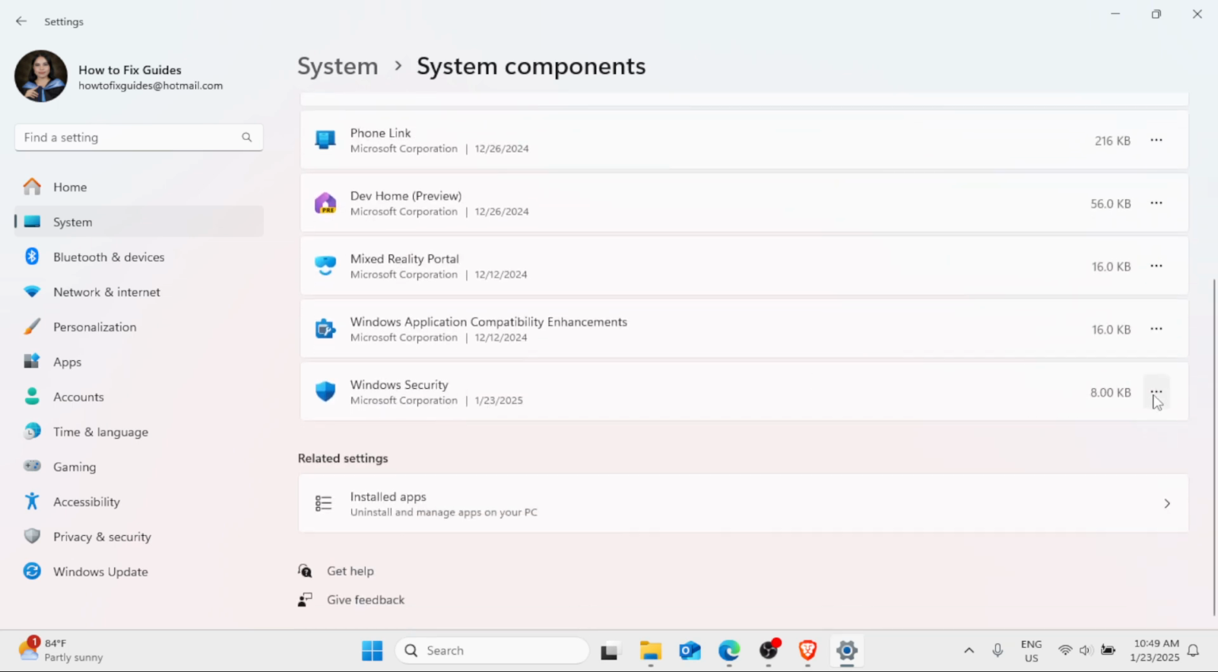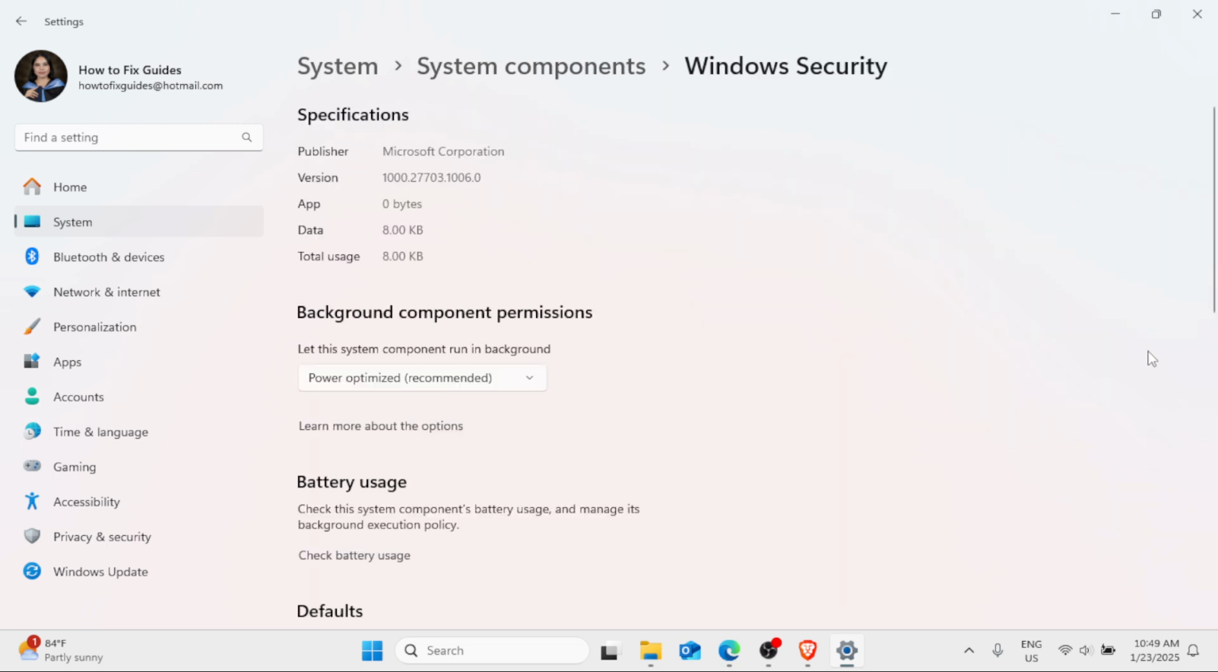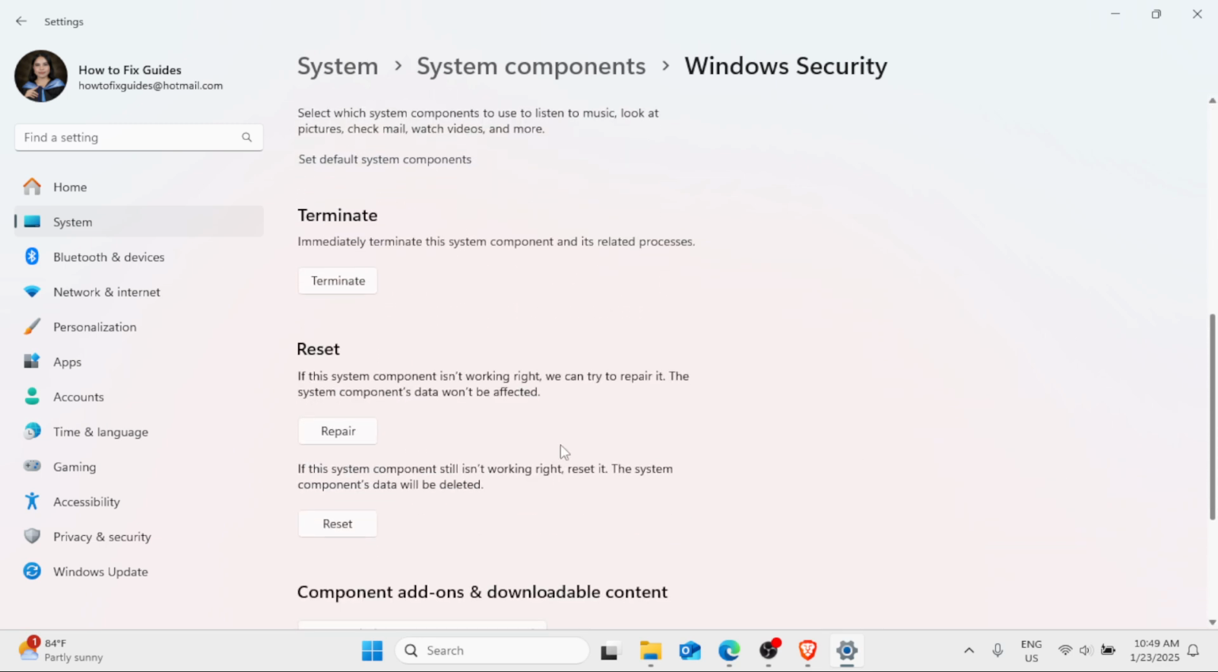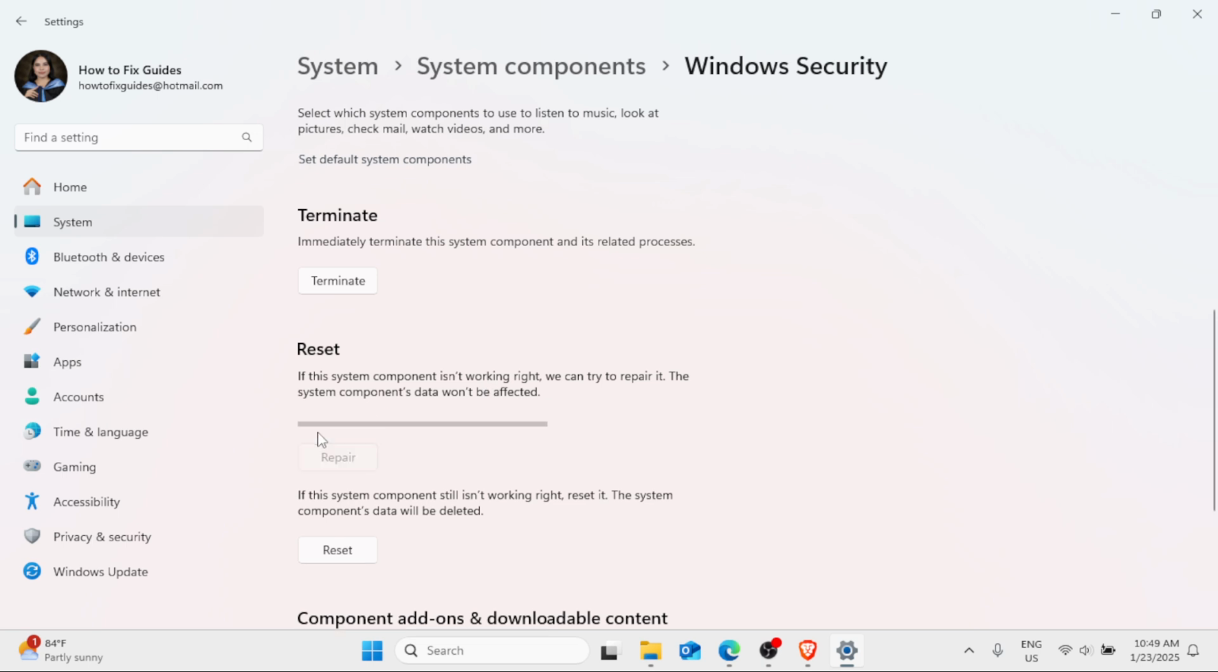You have to click on these three dots. Click on Advanced options. Now background component permissions, make sure this is not Never but choose Always or Power optimized. Scroll down and you'll find Repair. If the system component isn't working right, we can try to repair it. The system component's data won't be affected. Click on Repair. And once you click on Repair,